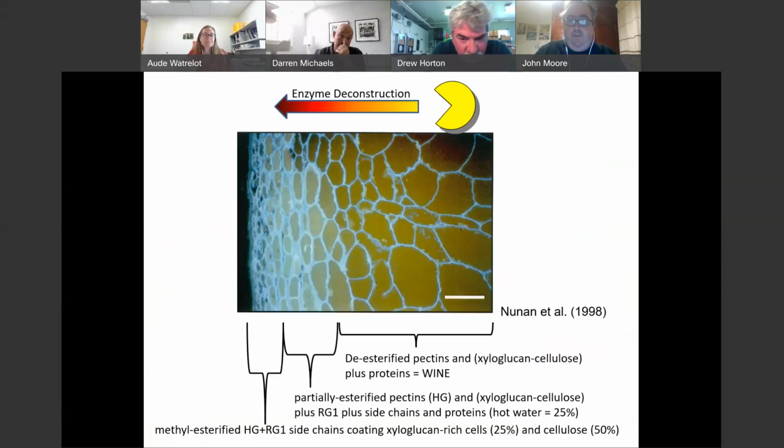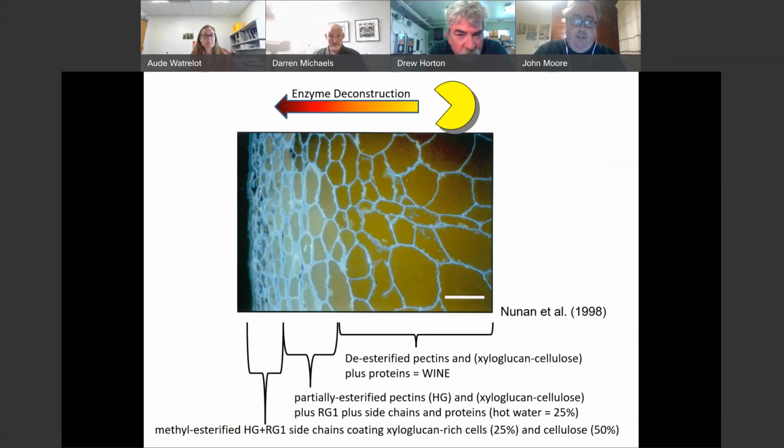So we propose this based on the model, based on the figure from Noonan in 1998, which is just a microscopy image of a grape berry near the surface. You can see the skin cells. As you move further into the berry tissue, the cells become larger and thinner. So we think the de-esterified pectins, that's when you crush the grapes, the pectin tissue in the mesocarp gets released easily because this is highly de-esterified. As the grape ripens, those cells probably, we haven't proven this, but this is what we propose. Those cells become less methyl esterified,